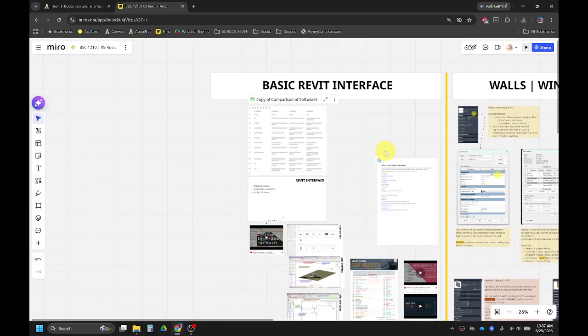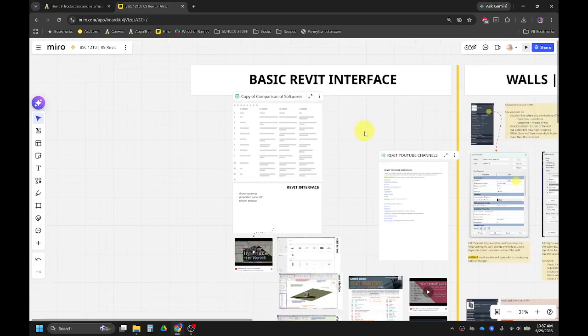Revit really started gaining popularity around 2008 and has become a huge industry standard, a software that most firms and most designers and architects are using. Some may opt for other software out there, like ArchiCAD, which is kind of the next big one that people use for BIM, but Revit does kind of shine above all of them. For many years,